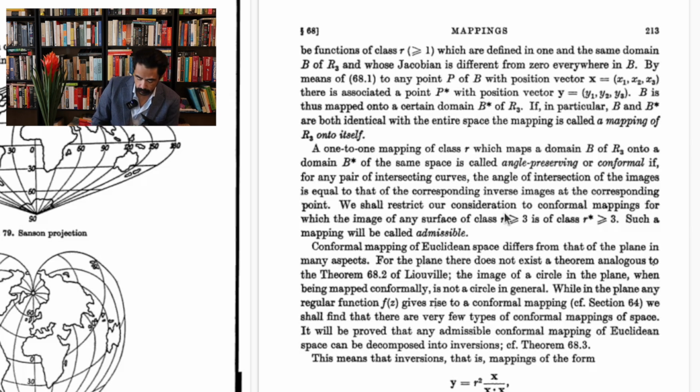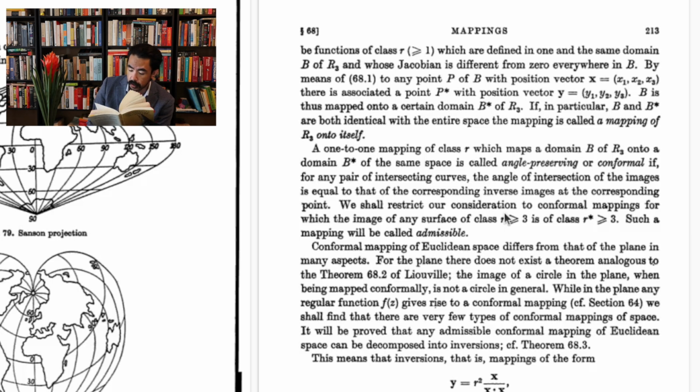By means of these y_i equal to functions h_i, to any point P of this domain B with the position vector x, entry-wise x1, x2, x3, there's associated a point P star with position vector y equal entry-wise to y1, y2, and y3. The domain B is thus mapped onto a certain domain B star of R^3. If in particular B and B star are both identical with the entire space, the mapping is called a mapping of R^3 onto itself. A one-to-one mapping of class r which maps the domain B of R^3 onto a domain